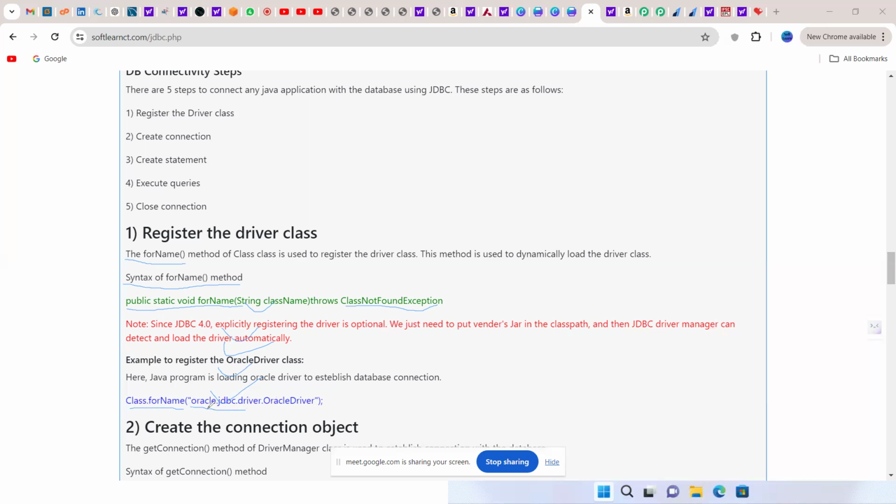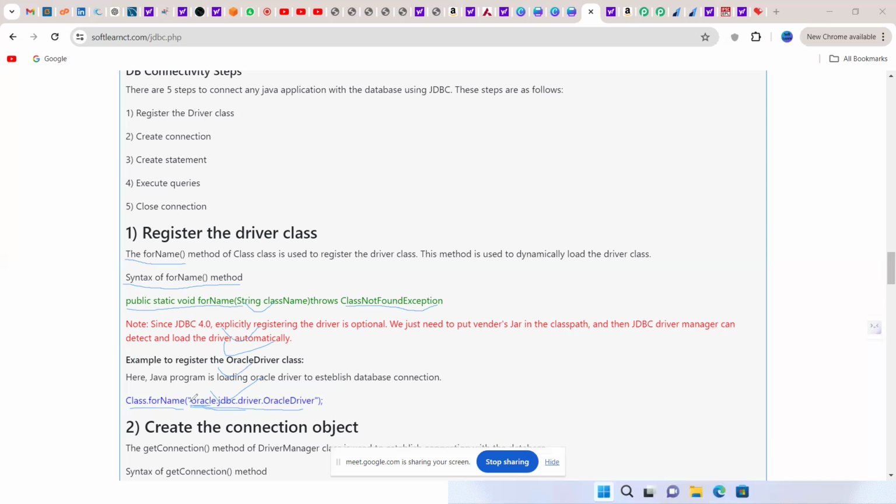So you can pass an Oracle or MySQL database also; that driver class name we need to pass. See, this is the Oracle driver class name we are going to give. Instead of that, we can give the MySQL driver also. How we can give the MySQL driver is, see here, guys, this is the Oracle driver,